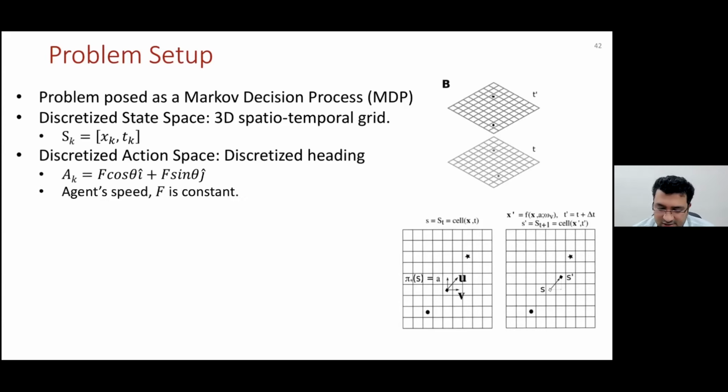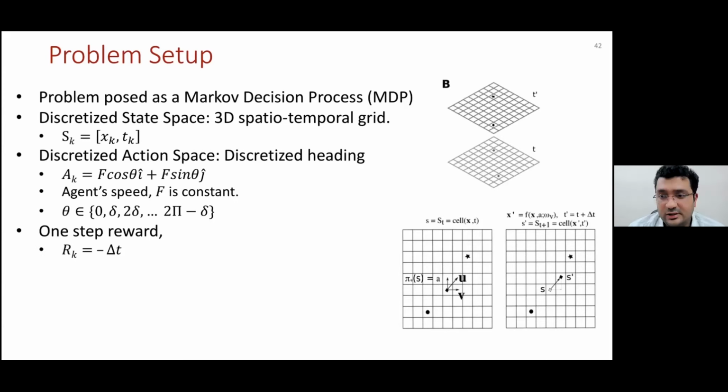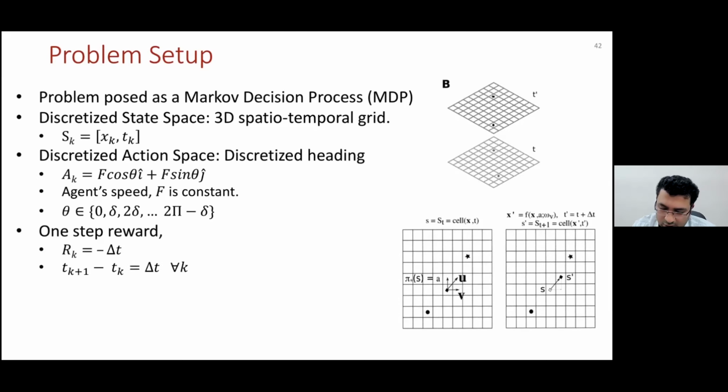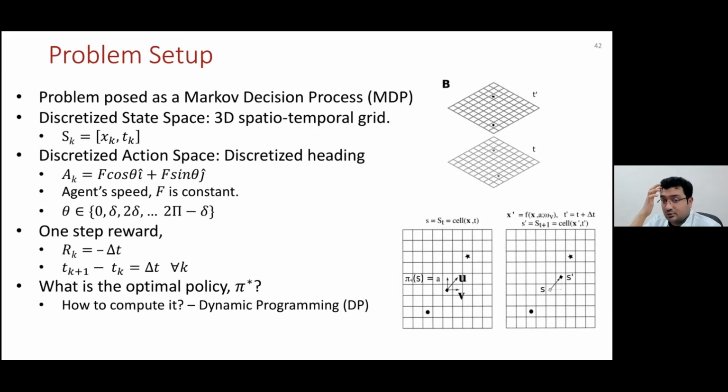Right, so the action space is discretized, and we use a one-step reward, right? So the agent gets a reward of minus delta t for every time step it spends without completing its goal, and then of course if it hits an obstacle along the way, it gets a very bad negative reward, and if it reaches the target, it gets a high positive reward. And this reinforcement learning agent, it's an MDP agent, must learn from this, and there exists an exact solution that can be calculated using dynamic programming, right? So an exact optimal policy can be computed using dynamic programming,